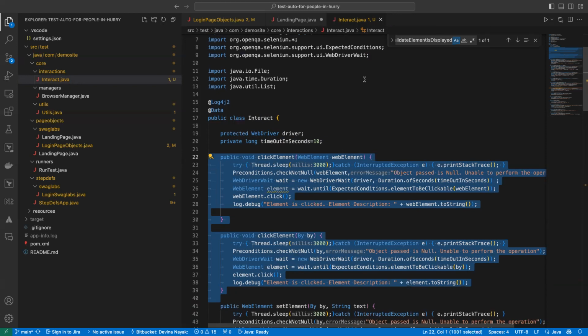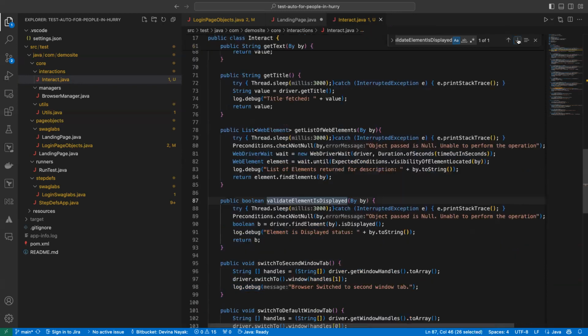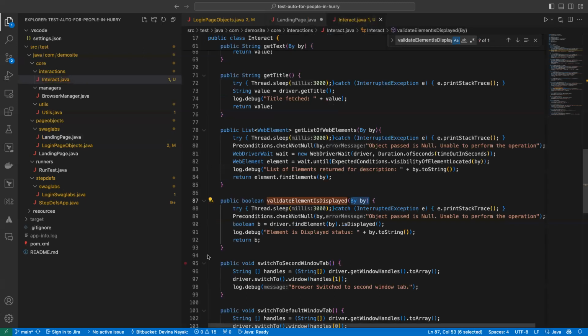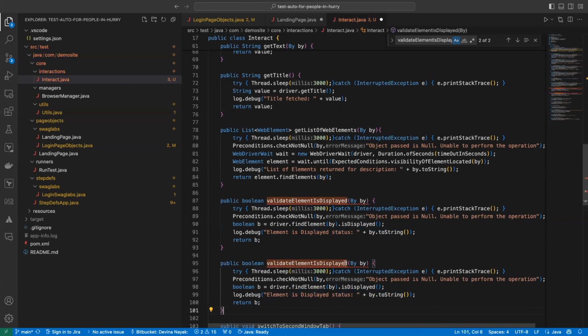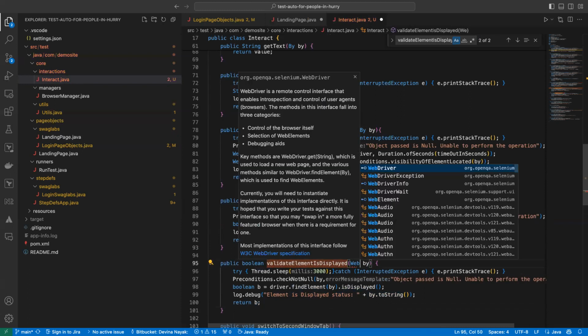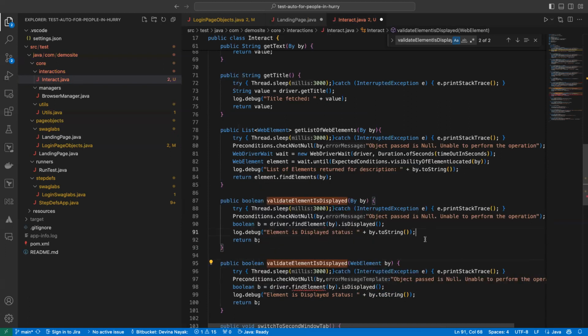Okay, but I don't have it for this one. So that's the reason I'm not able to use this method currently, because here I'm using find by, not the by. So what I can do is extend this. I am duplicating the code. There are still better ways of doing it, but for the sake of time, I will just copy this. I'll say element,